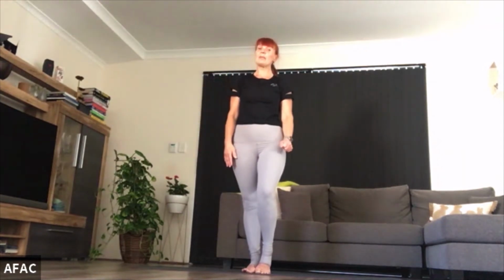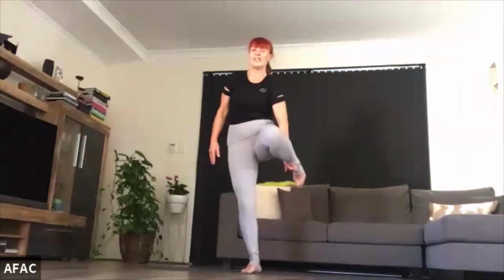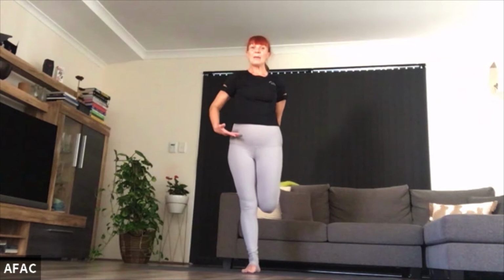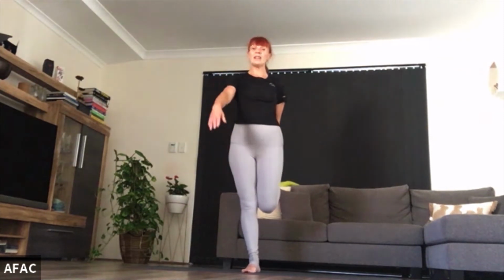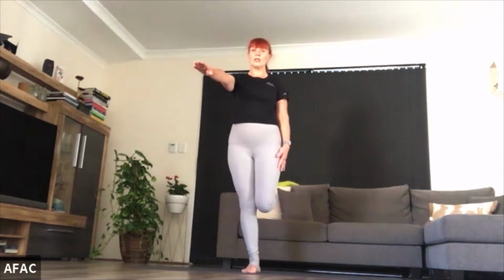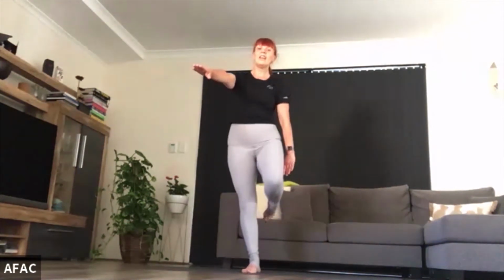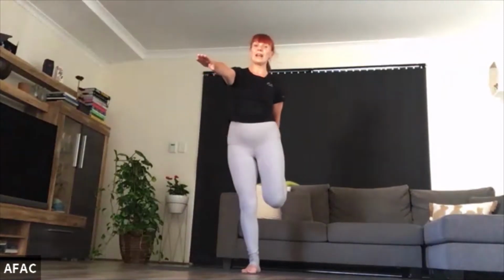And we're going to try to grab the inside of the right foot. Then bring our knees back together. Our hips are level, our shoulders level. And we're going to extend the left arm in front. And this could be more than enough. If you can't grab the foot, just stay here. Try to bend the knees together and lift your foot. If you can't grab it, that's fine. Okay? Otherwise, we can try classic